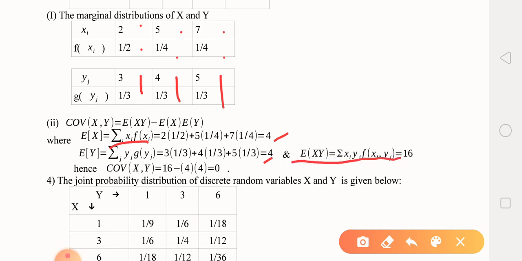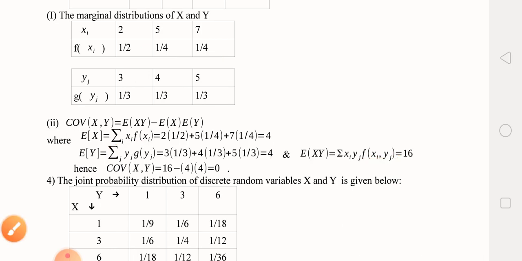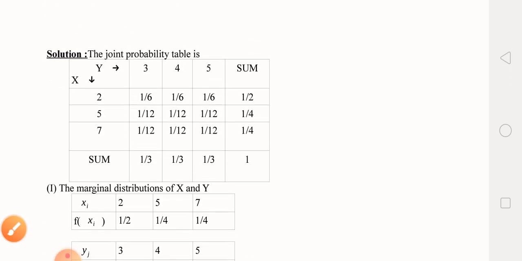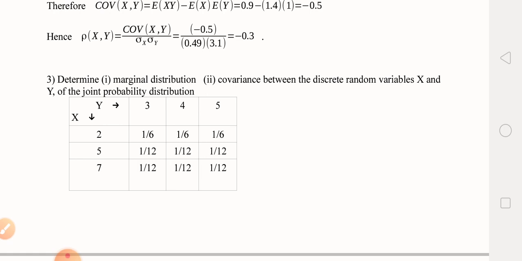For that purpose we have to use the joint probability table. We will use the given joint probability table. Take all possible values of x, y and its probability function. I will start with x equal to 2. x equal to 2, y equal to 3, its probability is 1 by 6. So 2 into 3 into 1 by 6 plus 2 into 4 into 1 by 6 plus 2 into 5